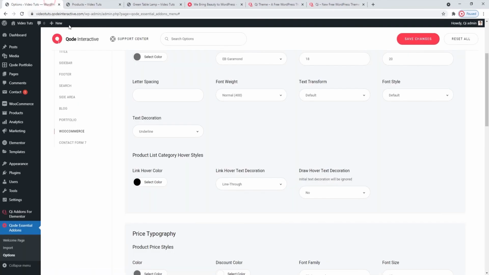And now we've circled back to the Draw Hover Text Decoration option. Before I enable it again, I'll change the link hover text decoration to underline, and then I'll switch this to yes. Before we take a look at it, the Draw Hover Text Decoration option adds an animated effect that works with the link hover text decoration. Whichever decoration you pick, underline, overline, etc., will seem like it's being drawn while we watch it. Let me show you. Save changes